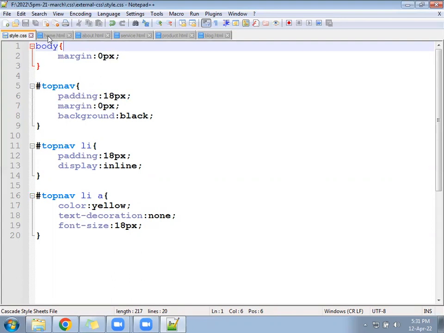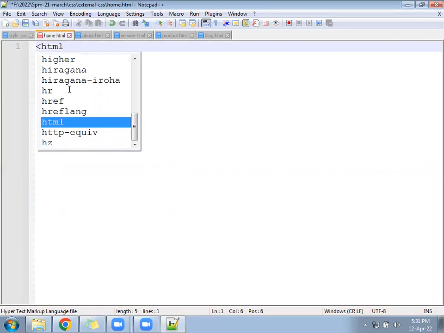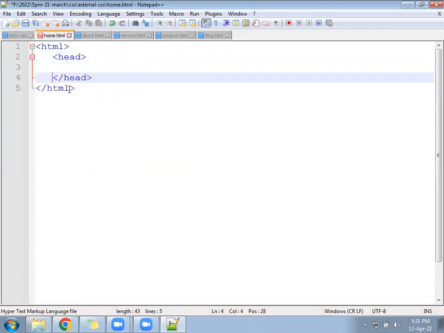So how to link? Let's go here, under home.html. HTML you have to start here. After that, inside, you have to write the head. Inside the head, you have to write the link. The link tag will help you link HTML to CSS. Now from the HTML file, we are going to make a link to the CSS file.